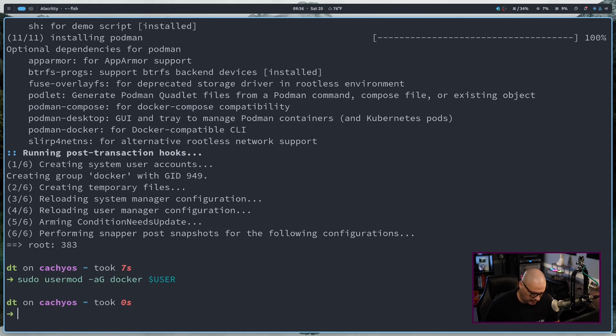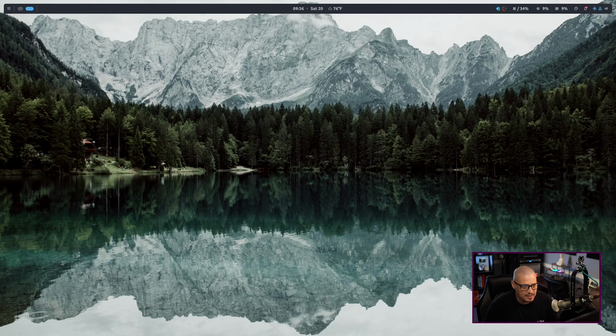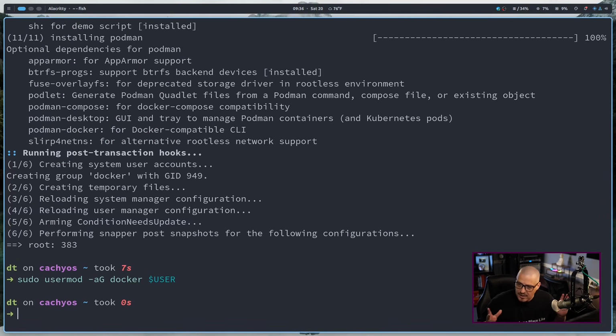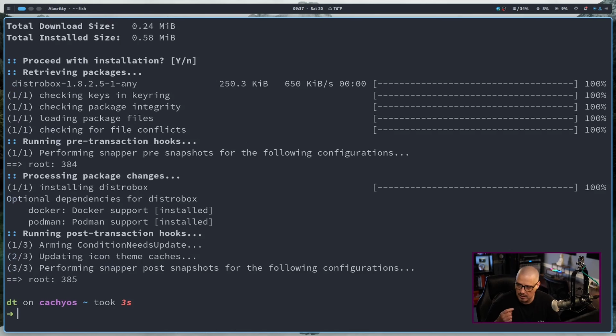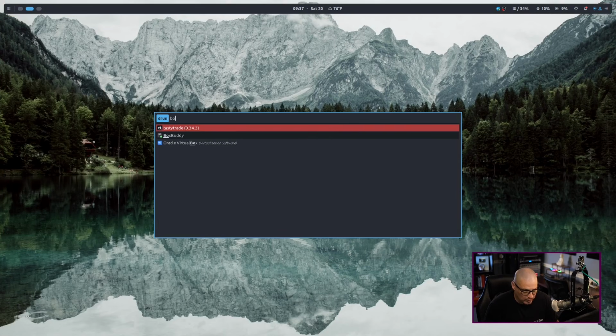Now let me just test if BoxBuddy actually runs. I'm going to go to an empty workspace, and can I launch BoxBuddy? Yeah, it is there. So our Flatpak install worked just fine. Distrobox, it says distrobox is not found. Well, it's a container, and a lot of times I assume containers are going to install a lot of the dependencies, but in this case, because I didn't have Docker or Podman or distrobox, any of that installed on the system, I need to actually go and install all of this on the system. So let me go ahead and also add distrobox. So make sure you have Docker, Podman, distrobox, and now let me go back, close this, and relaunch BoxBuddy,